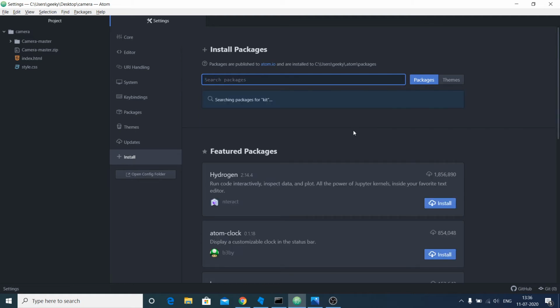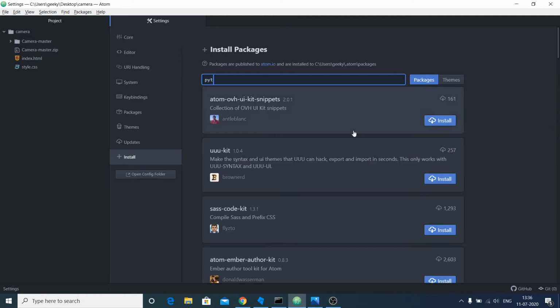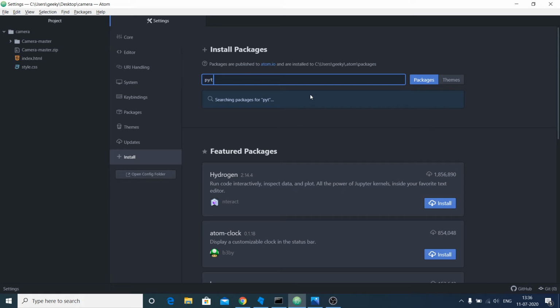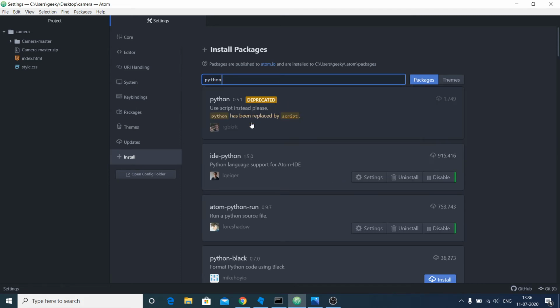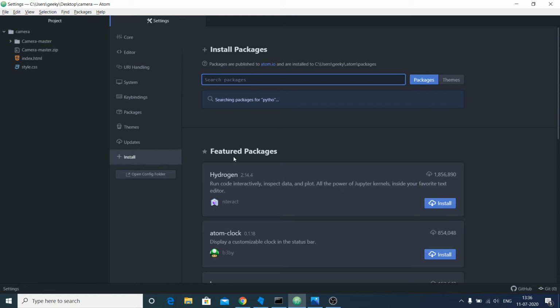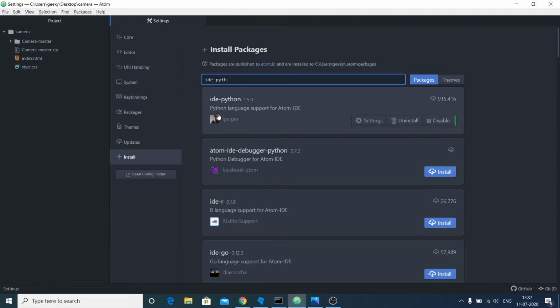After this, we also need two more packages which are specific for Atom and support Python. This is a package called IDE-Python. If you search it like this, IDE-Python, you will be redirected to this package. This is just Python language support for Atom IDE. So install this. And also one other package that I will use is